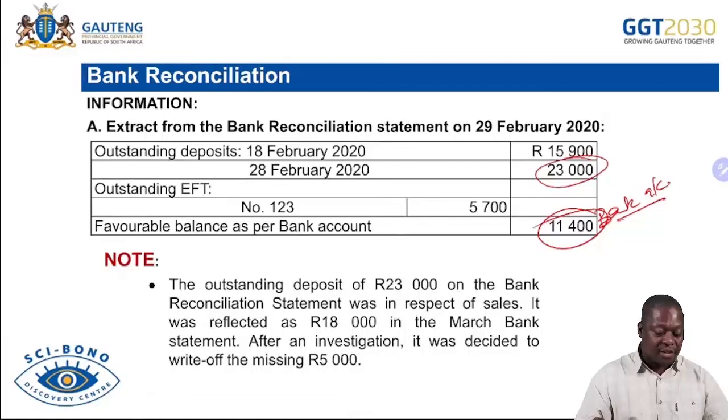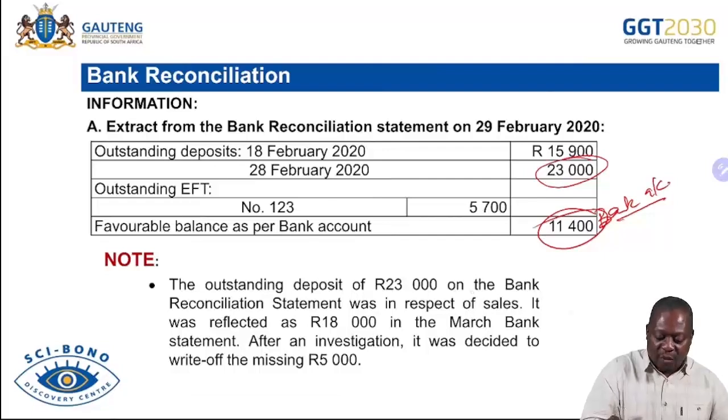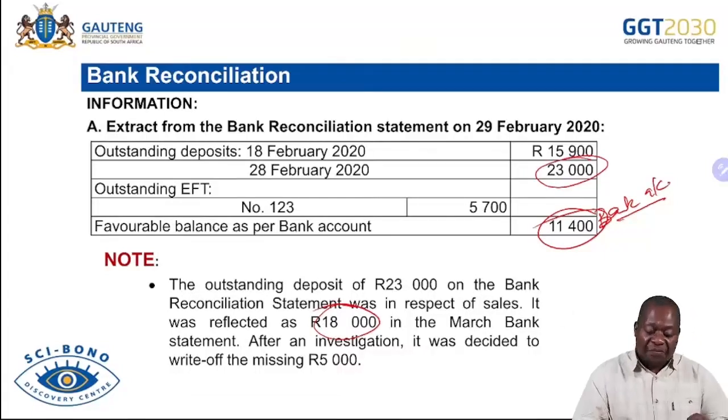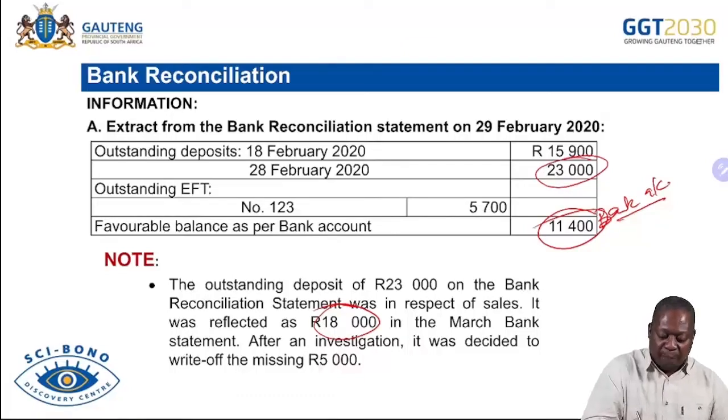There's a problem, there's a story about this one. On the bank reconciliation statement was in respect of sales. So it means we sold goods for 23,000 and the money was taken to the bank. But what happened? It was reflected as 18,000 on the March bank statement. After investigation, it was decided to write off the missing